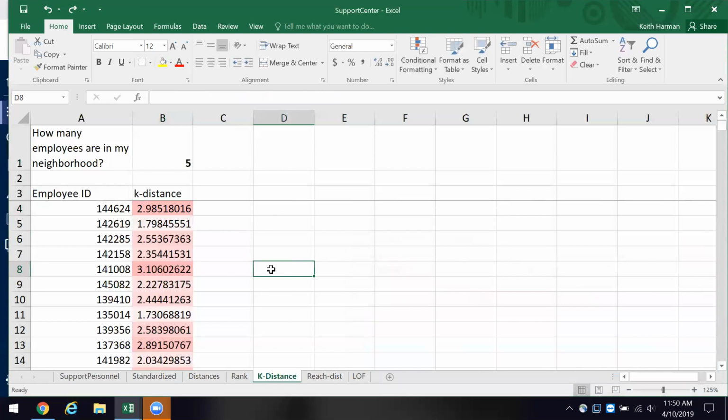Now, in that K distances tab, you can sort those data if you want to. I did, and I took the top 5 highest, and their employees 143, 406. I've got them in this support center part 2. I've got those 5 listed, and we have some ties. And they're in pages 352 to 353.